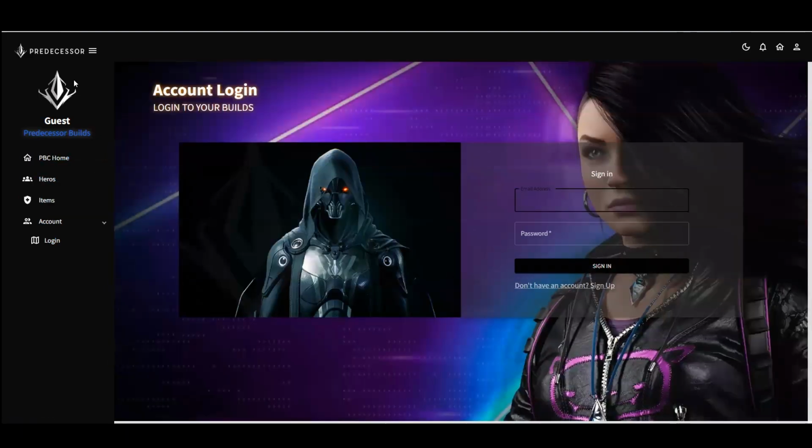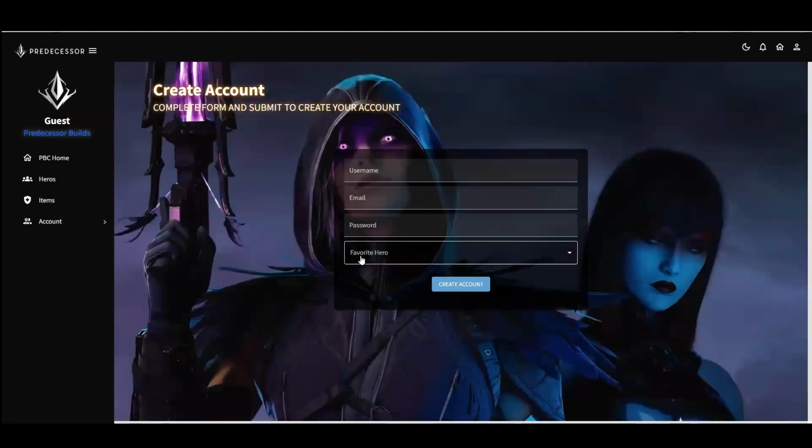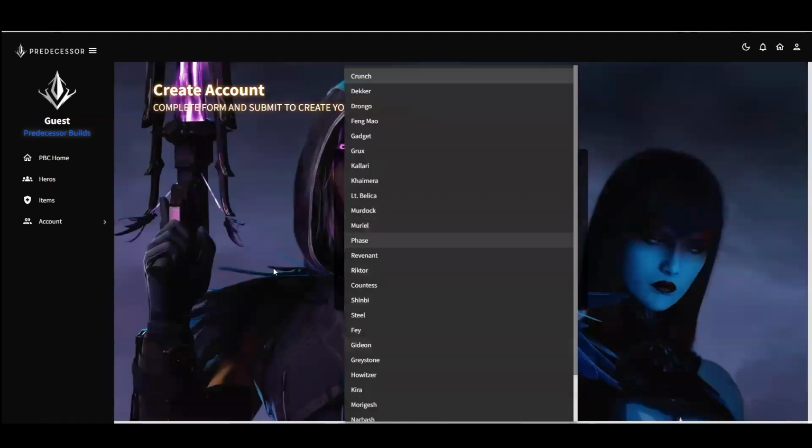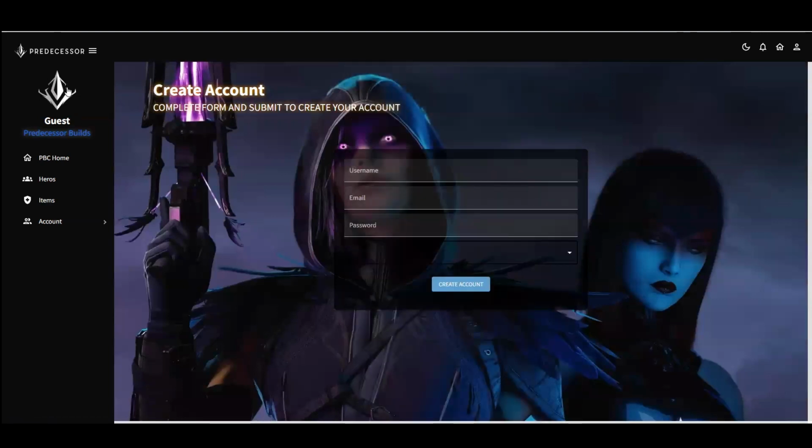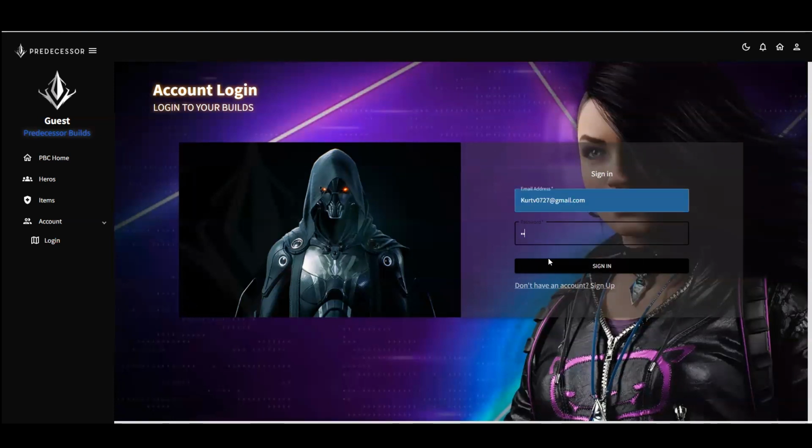Once you log in, you have access to a little bit more that this application offers. The ability to customize your own characters within that game, and something to kind of look at and see how these builds perform when you're playing in the game based on the stats and the items you choose. So if you don't have an account, you'll just make one here. You just pick a favorite hero, and that'll be your avatar for the game. I'm going to log in and show you